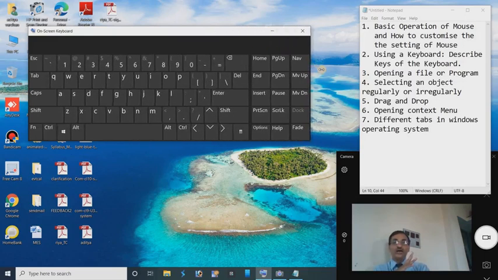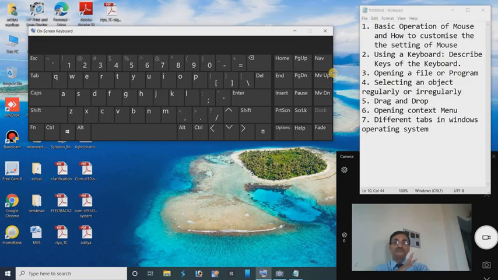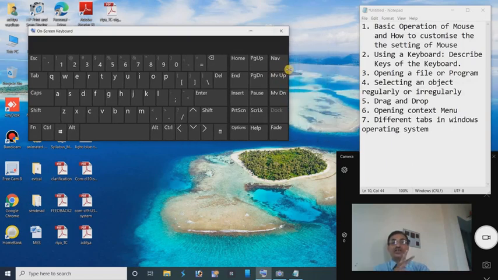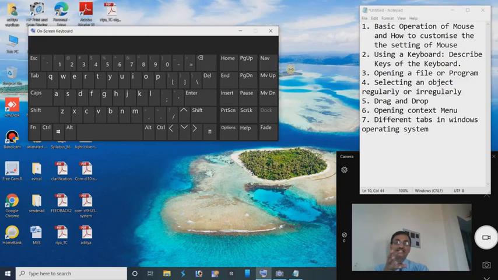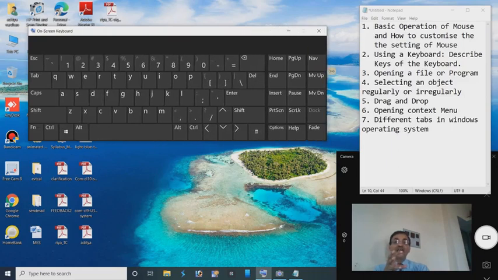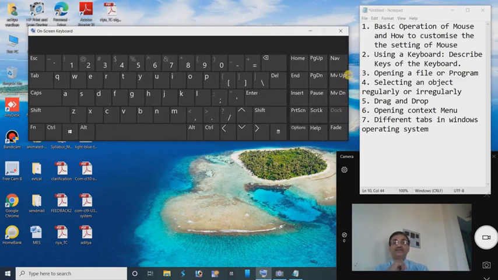If you move the pointer inside the window, the size of the window is reduced. And when we drag the pointer toward the outer direction, the size of the window is expanded.